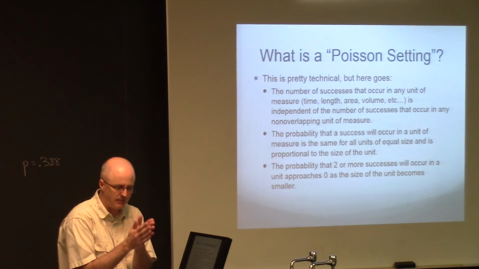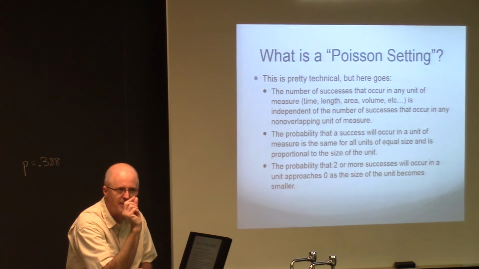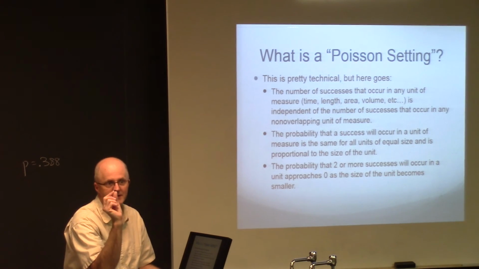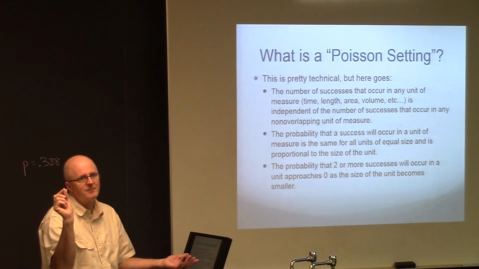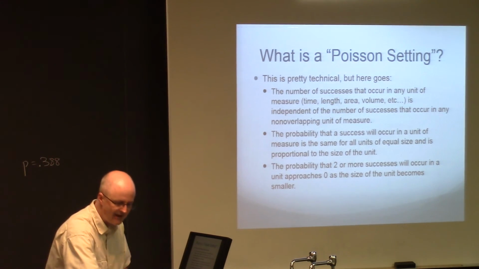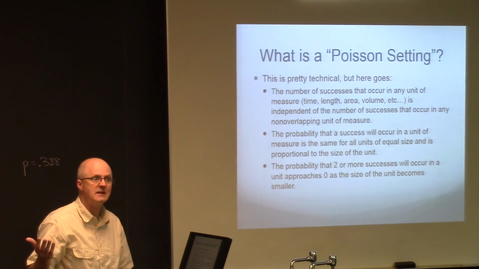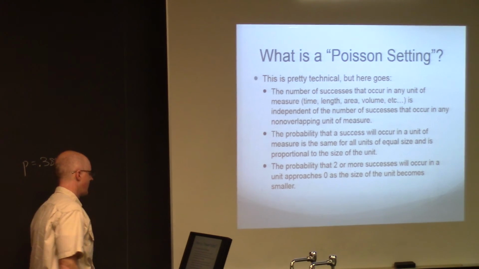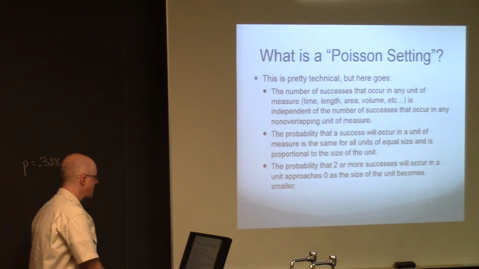So with bacteria, you'd have to imagine a ruler shrinking down to microscopic size, less than 1 micron across or something, and then you wouldn't expect any bacteria on a ruler that small. That's kind of a silly example, but just the basic idea. With mosquitoes, you're talking about a really tiny unit of area. You're standing over it, maybe there's hardly any mosquitoes, 1 or 2 in that small unit of area. Those are not the best examples. They just came to my mind right off the top of my head.